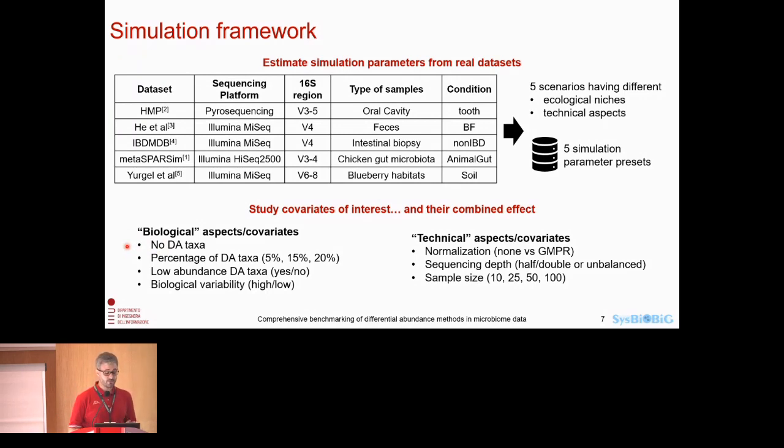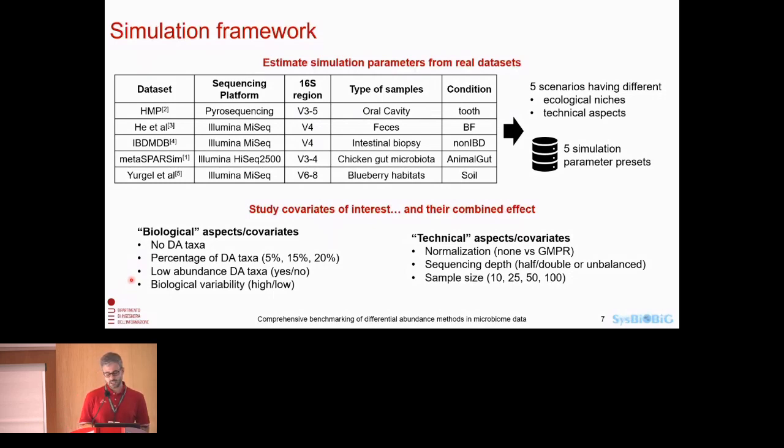We also change the percentage of taxa, 5, 15, and 20%, that are differentially abundant to see if the performance of the methods is affected by this element. We also study the presence or absence of differentially abundant taxa at low abundance, in the low abundance range, because as you can imagine, identifying taxa that are differentially abundant at low abundance is another problem compared to high expression levels. And also we play with the biological variability, increasing or decreasing it, to see how this affects the performance of